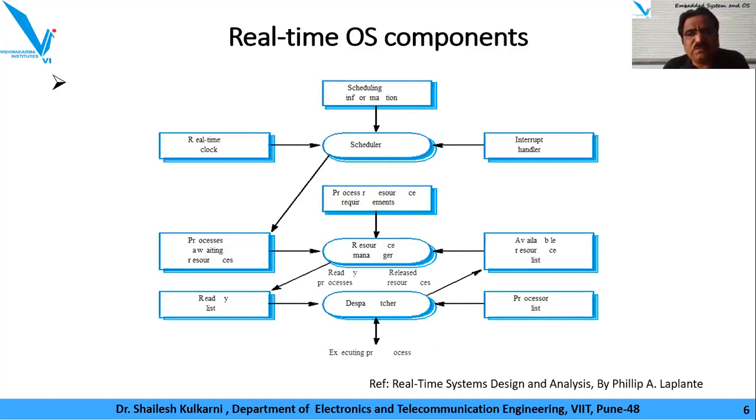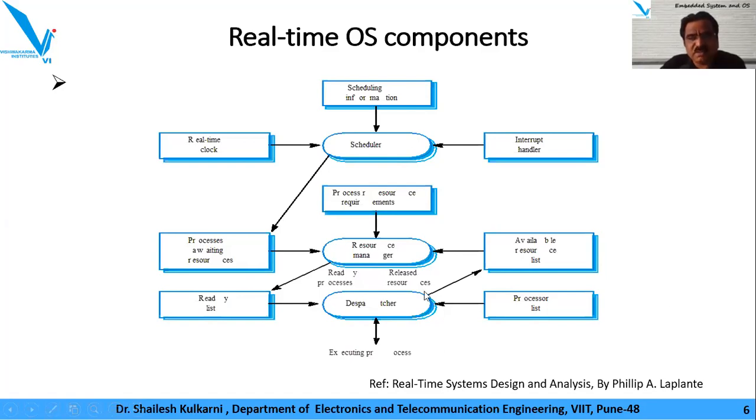If you refer to the real-time operating system components, you would get to know that the scheduler takes input from the real-time clock, the scheduler information that might be in the form of a task control block or process control block, maybe the interrupt handler, what kind of interrupt priorities and all that. So this also happens to be one of the interrupts. Then this scheduler would dispatch the task based on its priority, based on its preemption policy, to a process awaiting resources. It would be planning for that, right? Then